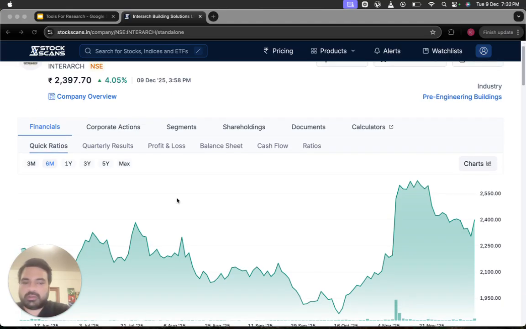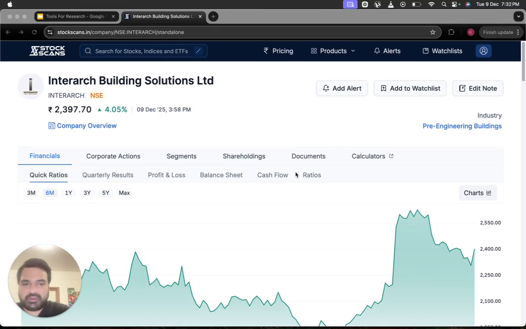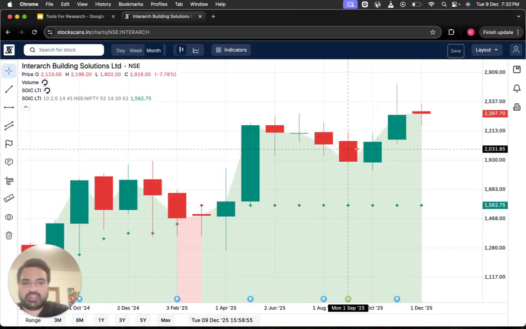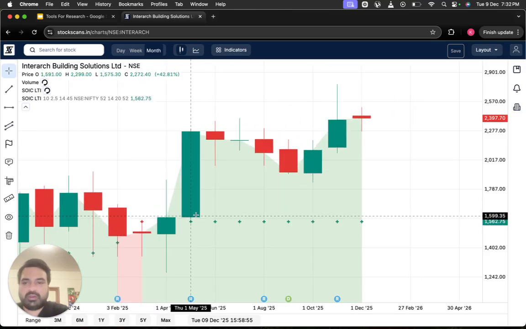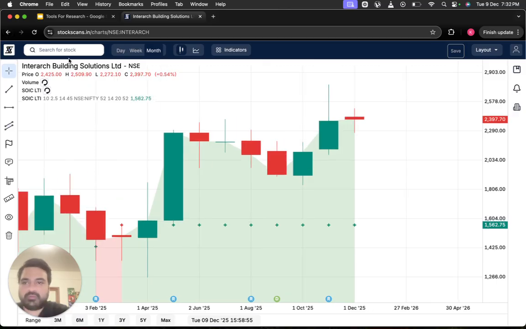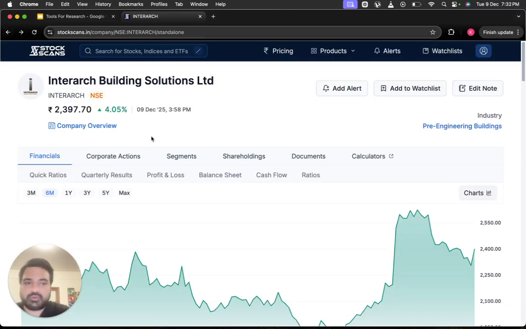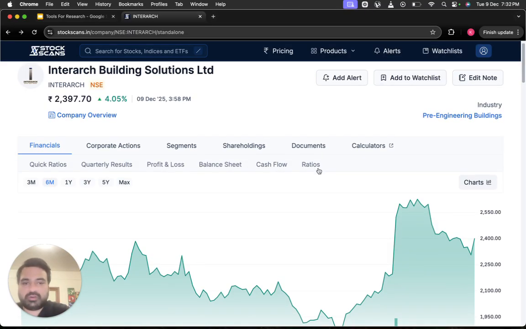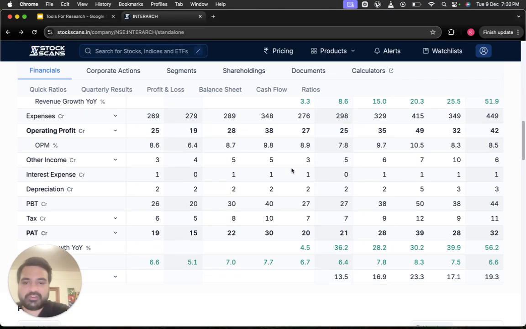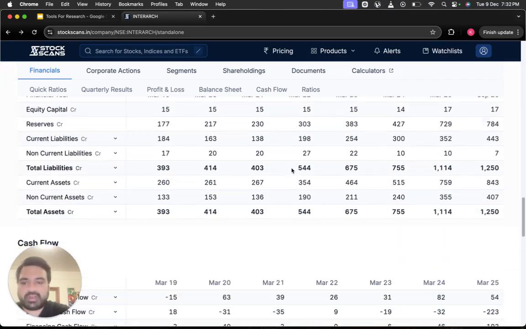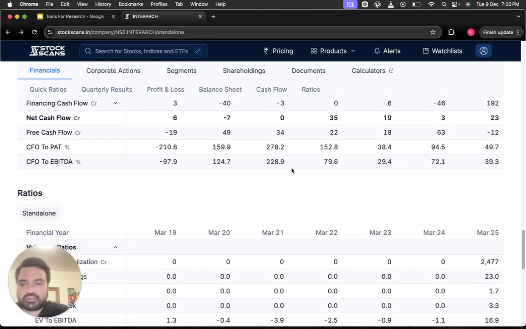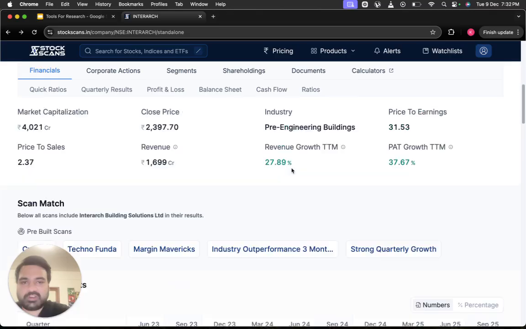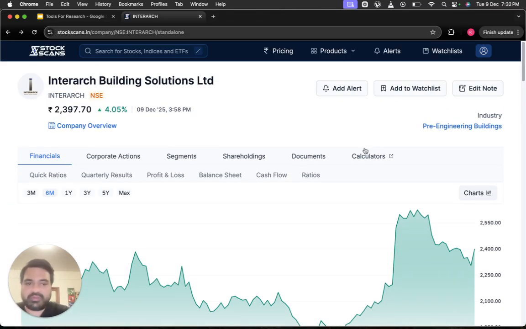Also, here they have company pages in detail. You have company charts, which you can use to see all your technical parameters. It's an economic alternative to TradingView if you find the TradingView subscriptions too expensive. Here you can edit notes and all, but this is pretty self-intuitive, similar to Trendlyne and Tijori and Screener, but different in some ways. Let me show you a couple of unique features.